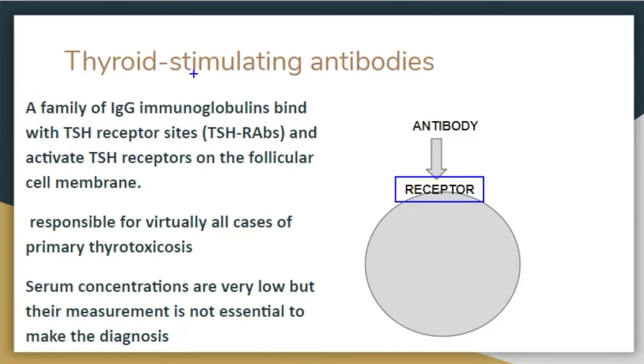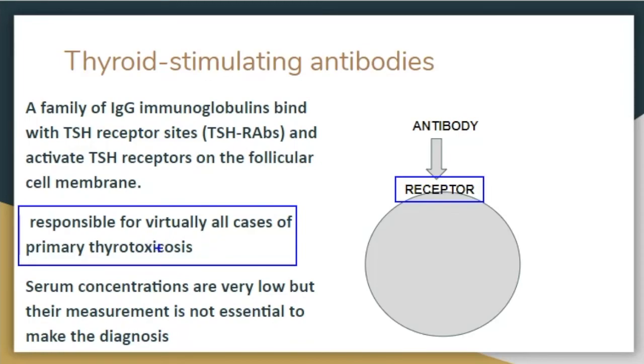So these thyroid-stimulating antibodies act on the receptors and they're long-lasting. They are responsible for virtually all cases of primary thyrotoxicosis. Now their serum concentrations are very low, but their measurement is not essential to make the